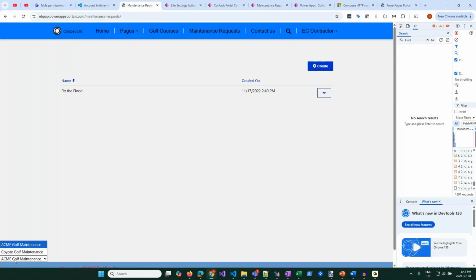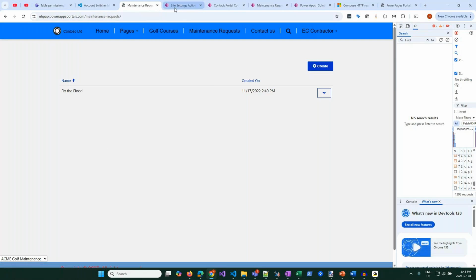So certainly lots of room for improvement in terms of making it robust and probably making a little nicer user interface. But in relatively short period of time, we've been able to build this little account switcher thing that causes basically almost the entire experience in terms of what the data is for this user to change based on that new relationship that we created. Now, there are a couple of things that I've done behind the scenes here that I want